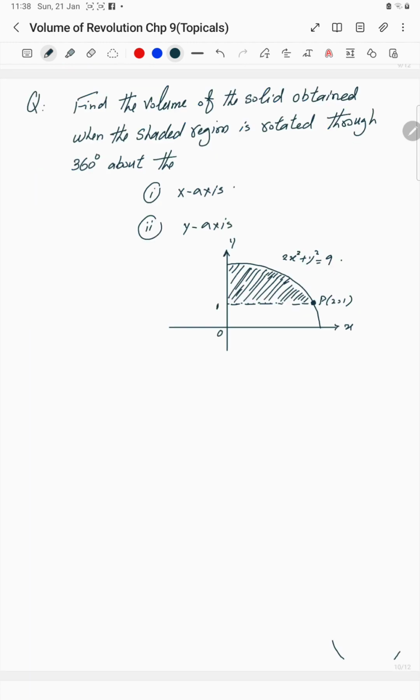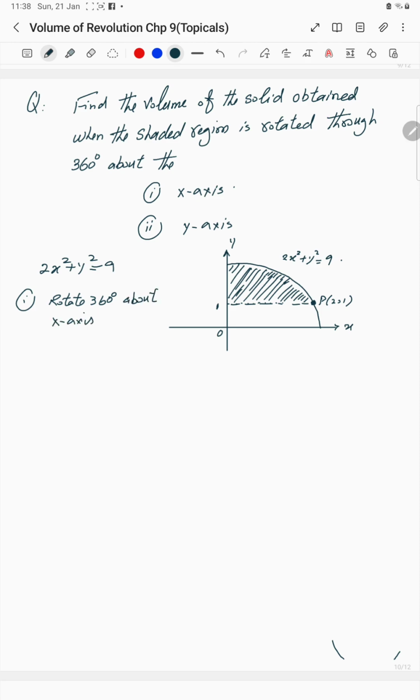Okay guys, this time we are solving this question, that is find the volume of the solid obtained when the shaded region is rotated through 360. The first case is about the x-axis and the second along the y-axis. So this is the figure, and the curve that is going to rotate, that is the function, is 2x square plus y square equal to 9. And the first case is stated about the rotation, rotate 360 degrees about